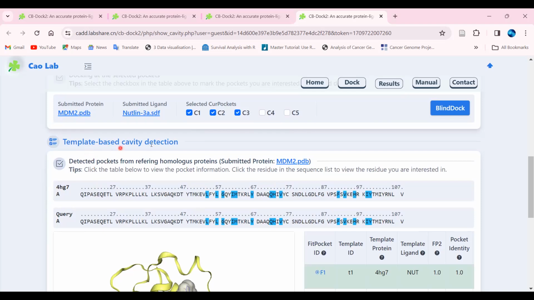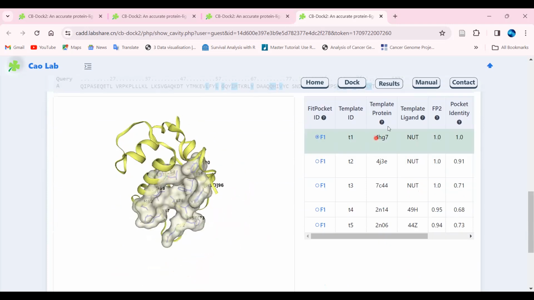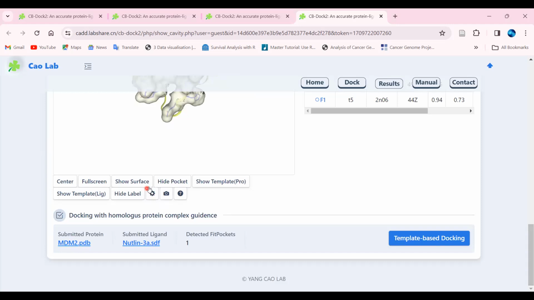So template-based cavity detection is also available, where you can select the information about the target, and template-wise, it will perform the query. And then it will again give you a fit pocket, okay, based on the template, and then as a reference context. Okay, and then it will give you a target template for the further processing of the data if you are interested to perform more docking study. Okay, if any ligand is available, and then the pocket identified. Okay, so likewise you will get the information, and again for that same thing you can get the visualization accordingly. And again, for using the template, you can perform the docking.